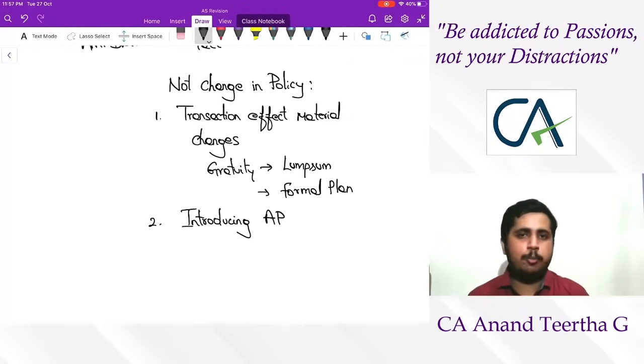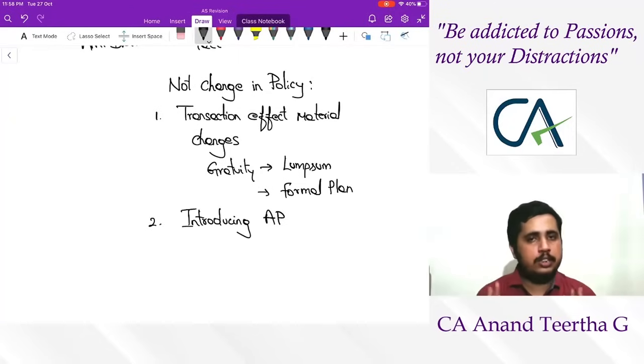Basically, it is an error or omission in the previous years. A separate disclosure is needed. Change in estimate, where original changes are taking place, you have to make the changes in the same place, and disclosure if it is significant. Change in policy is only allowed if 3 points are covered, and later disclosure is compulsory. Changing the way a transaction is considered as well as introducing a new policy is not considered as change in accounting policy. So this is the end of the theory of AS5.